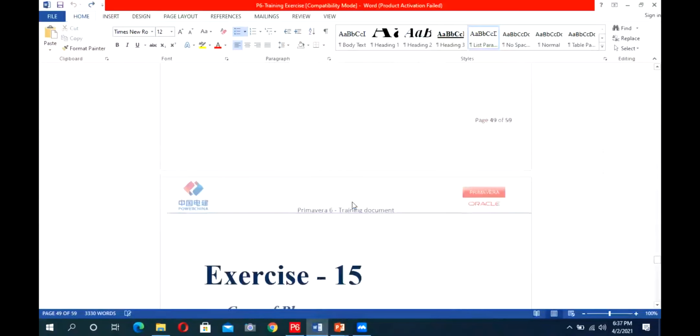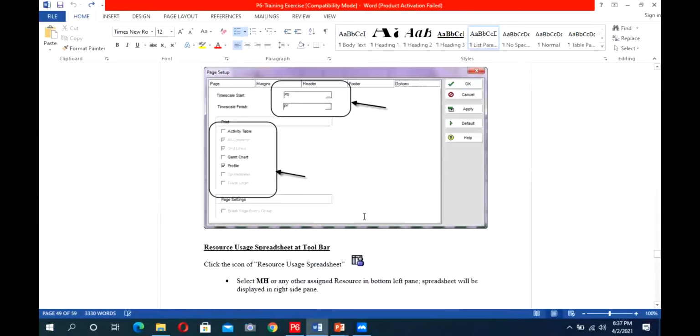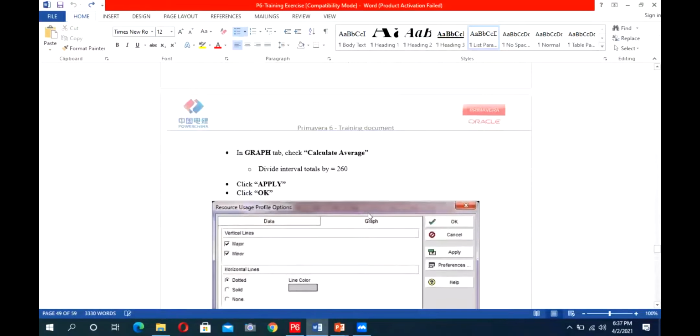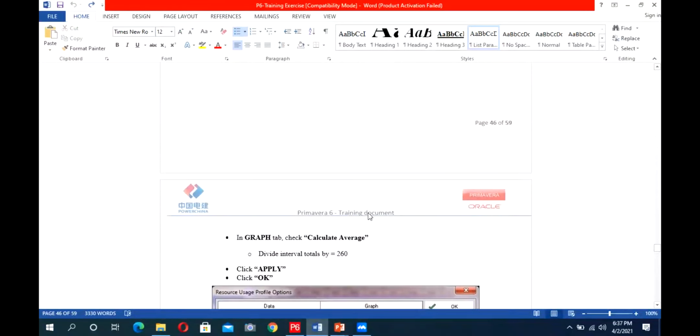So this is our exercise 13 and 14, in which we have added the resources in our plan, and then I have described to you what their benefits are and how we can use them in our project. So any question up to now, you can ask it.